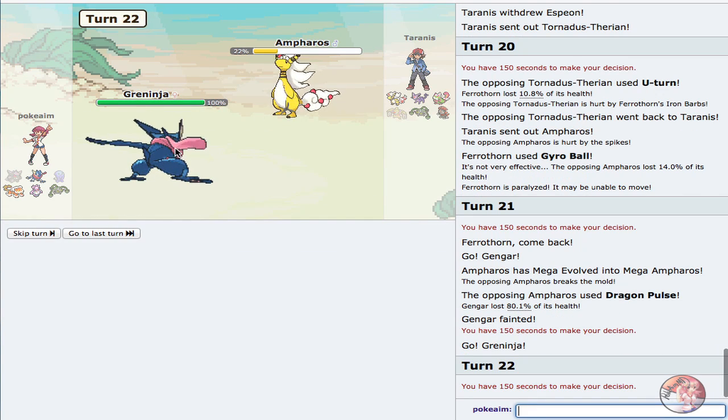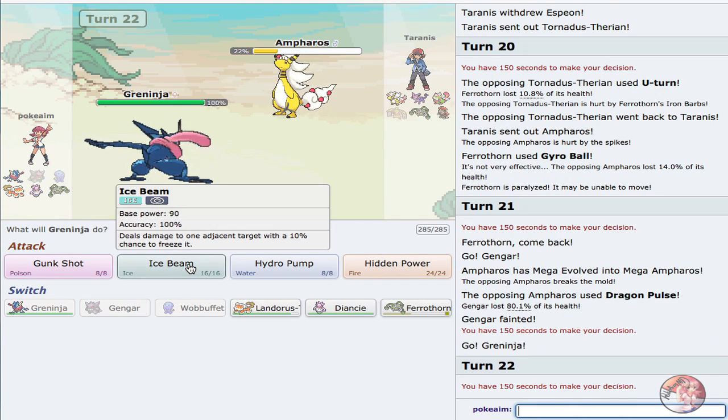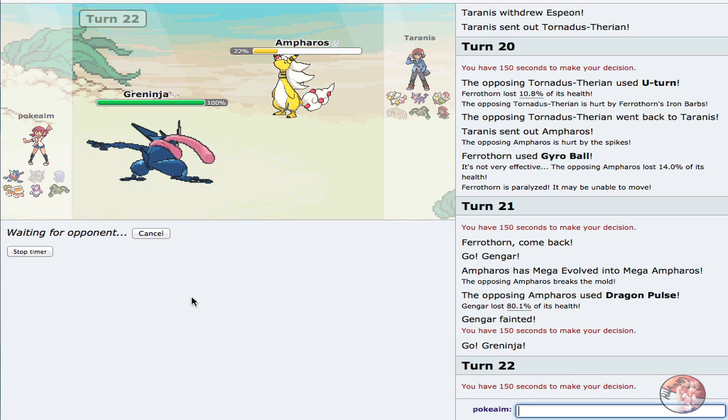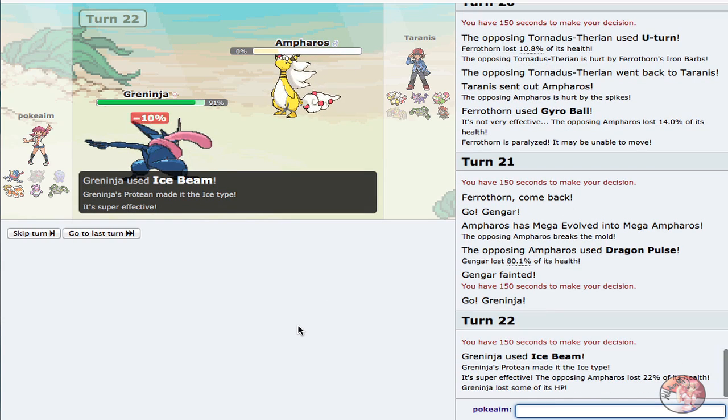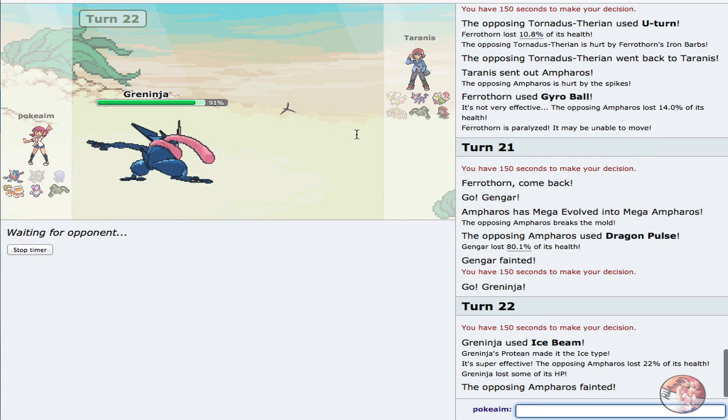I was thinking, do I want to take any unnecessary damage? But just gonna hit him with an Ice Beam as I can knock him out. And he doesn't know I have HP Fire yet, though I did switch it in on his Ferrothorn, I guess you could say. So yeah, that was a good play going for Dragon Pulse, definitely. But I don't need Gengar for this game, and I ended up going for the Ice Beam right there,